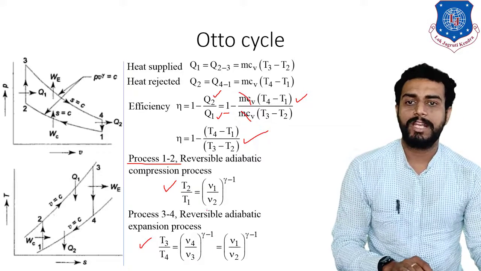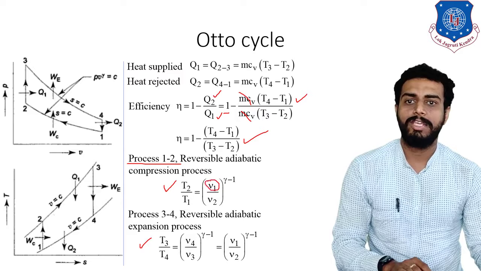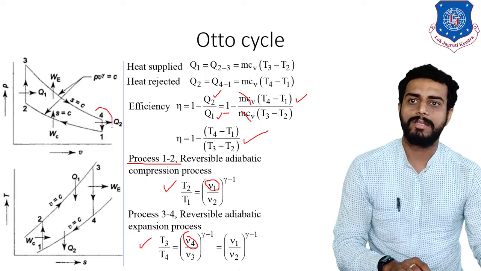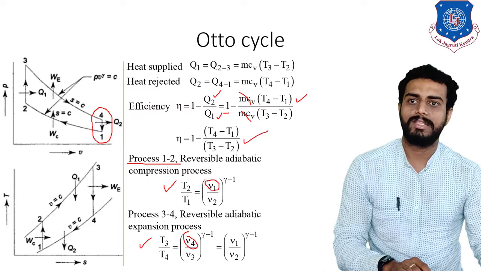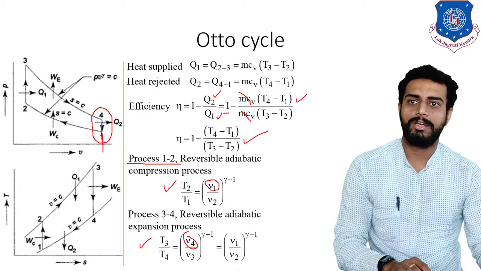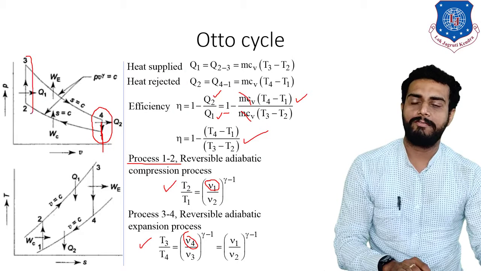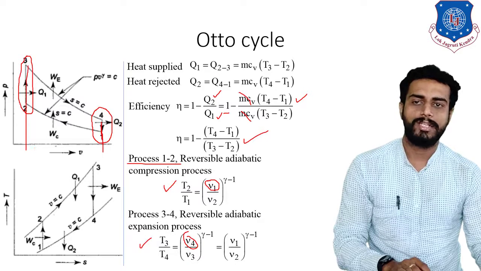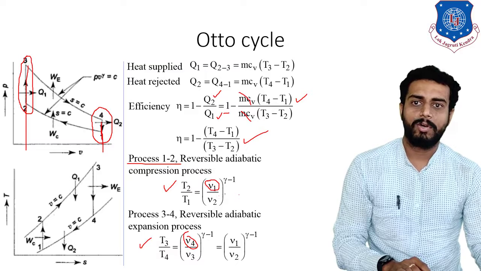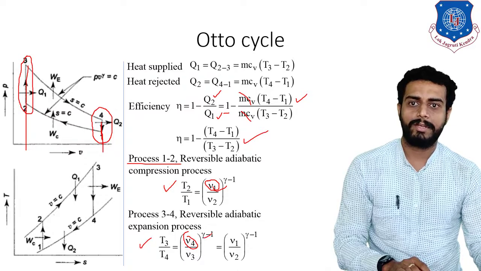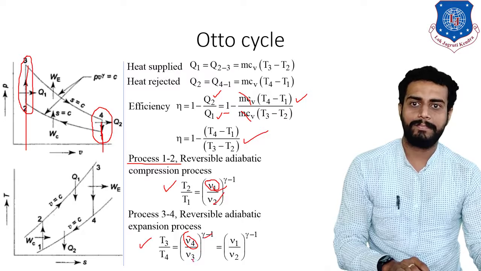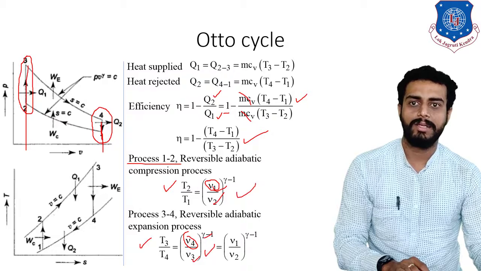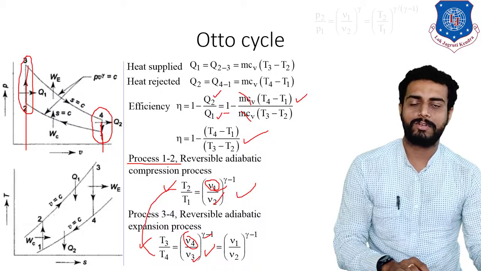Now here, if you observe, this V1 and this V4 will be same. Observe the PV diagram, students. V1 and V4 both are same, because it is a straight vertical line on the V axis, right? And in the same way V2 and V3 are same. You can also observe that in the PV diagram. That is why in these equations V1 and V4 are same, and V2 and V3 are same. That means the right hand sides of these two equations are same, so you can compare the left hand sides of the equations.